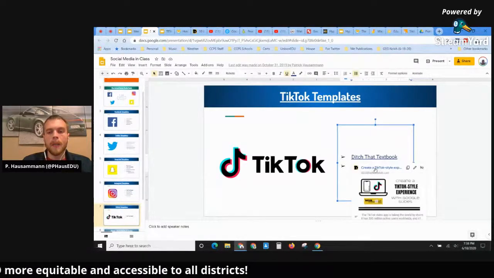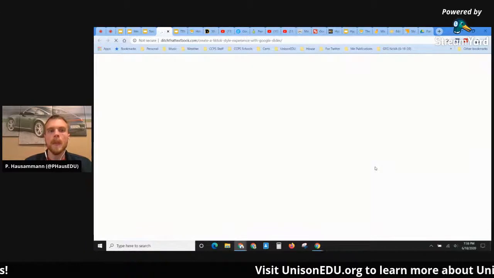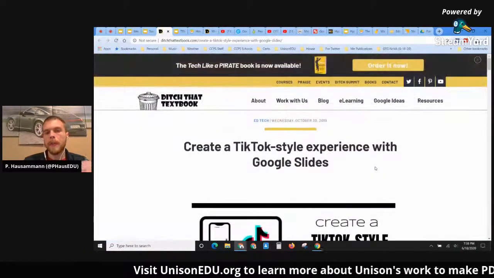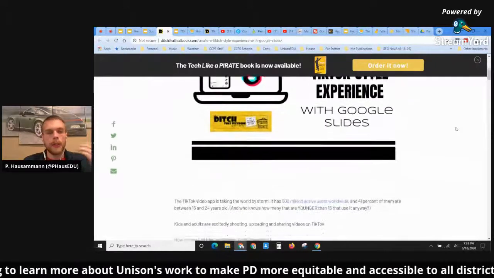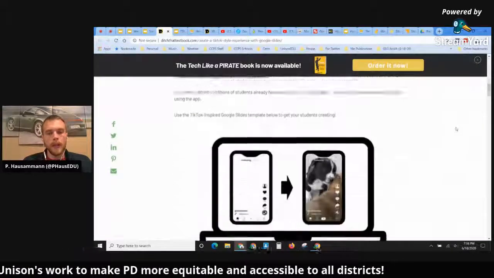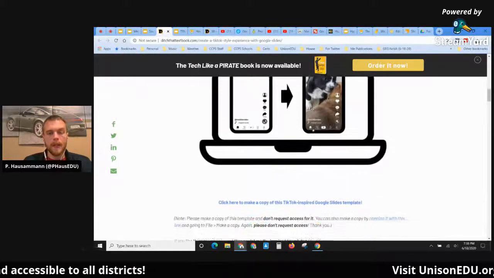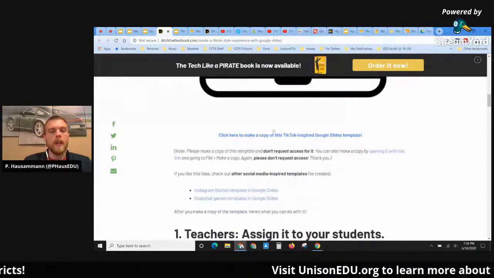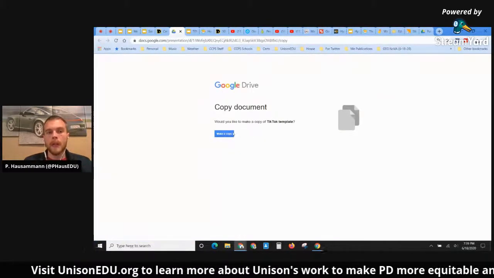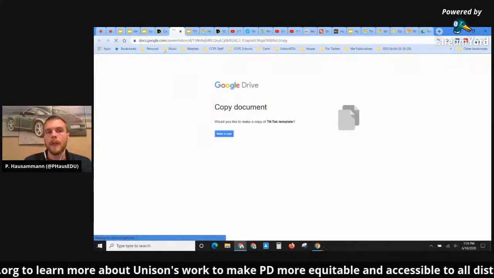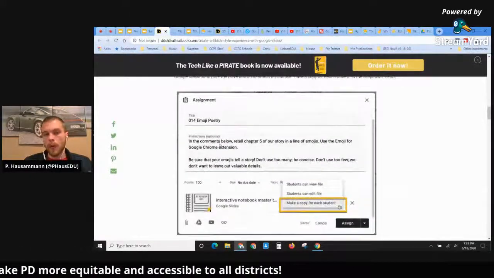And just to bring that up for you briefly to show you what one of those links looks like, most all of those websites, I've tried to link you to a blog post or something along those lines where it's going to show you what it looks like. So you can see here's a brief idea of what that template is going to look like in slides. But then right here at the bottom, it's also going to give me the button to go ahead and make a copy of that template